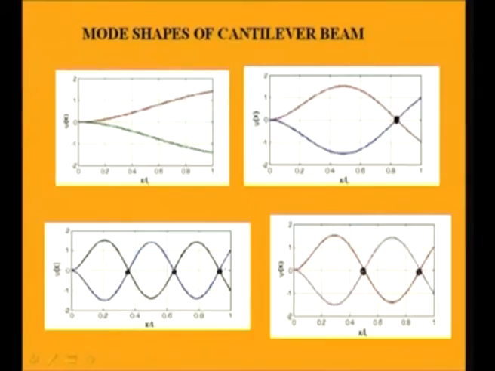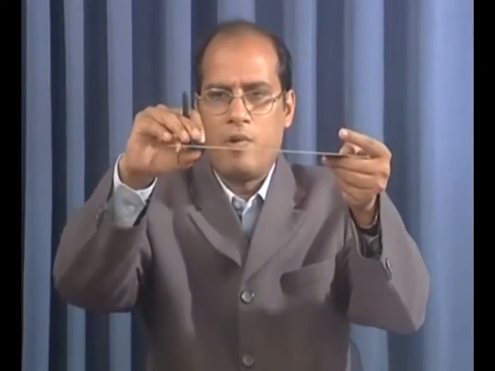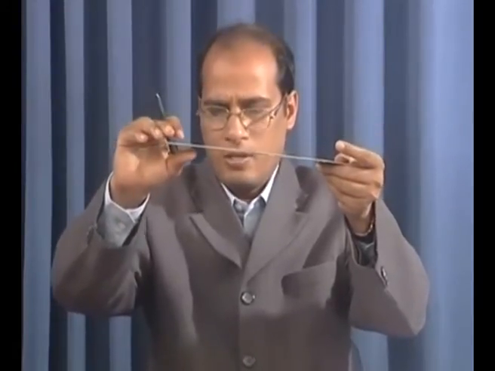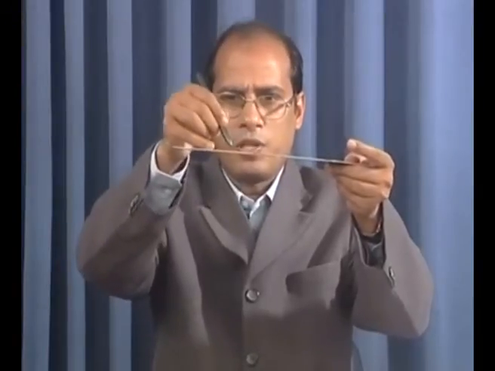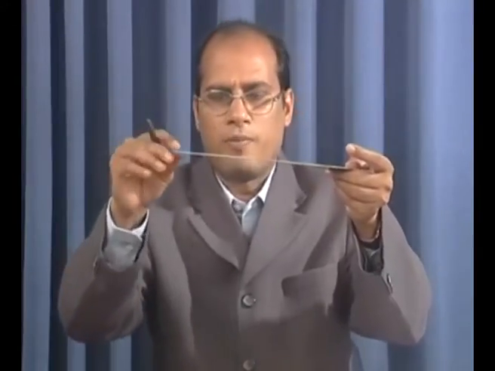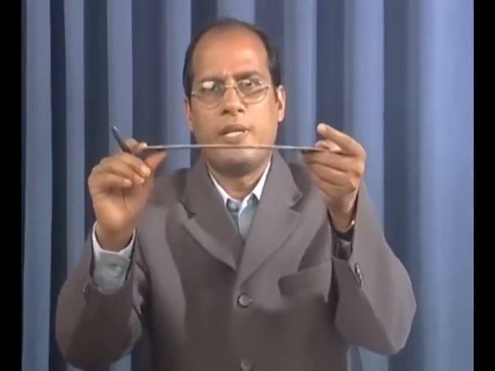So in the first mode there is no node and the cantilever beam is moving upward or downward. In the second case it will have 1 node, in the third case 2 nodes, and in the fourth mode it has 3 nodes. So if this is a cantilever beam, this beam is fixed at this side. In the second mode a node will form at this position at nearly about 0.81, and in case of the third mode you will have 2 positions at which nodes will be formed, and in case of the fourth mode there are 3 positions in which nodes will form. So these nodes are nothing but the points at which there is no displacement of the beam.